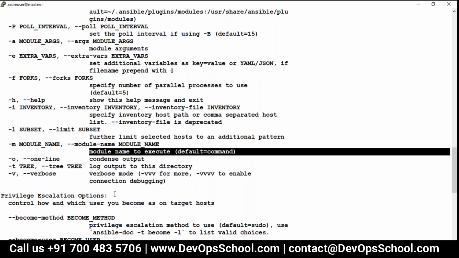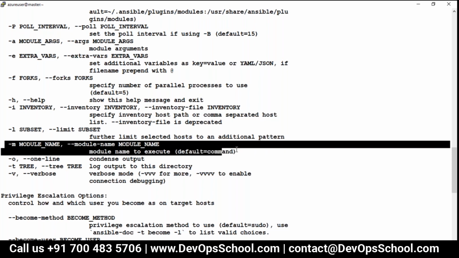There is one module called the command module, which will run automatically. If you don't specify, that's the default module to run. But I don't want to run the command module. I want to run this module. So the module I have specified.